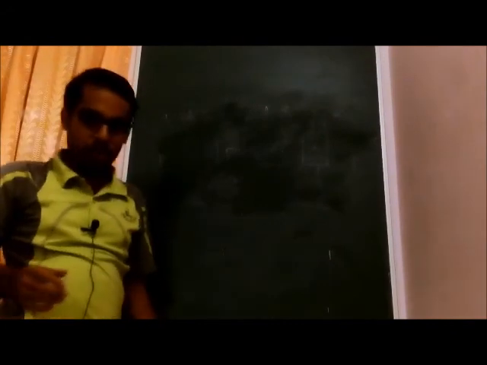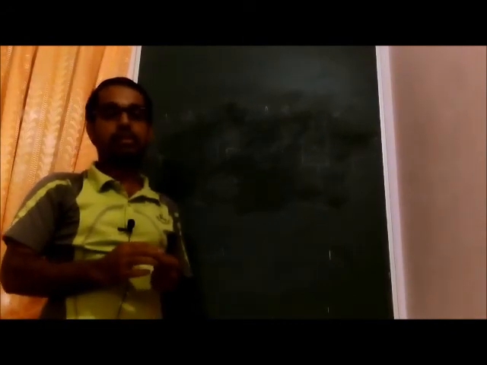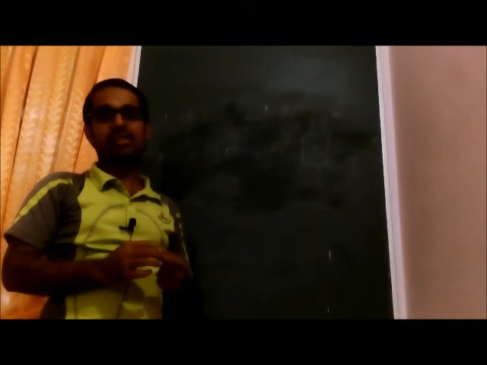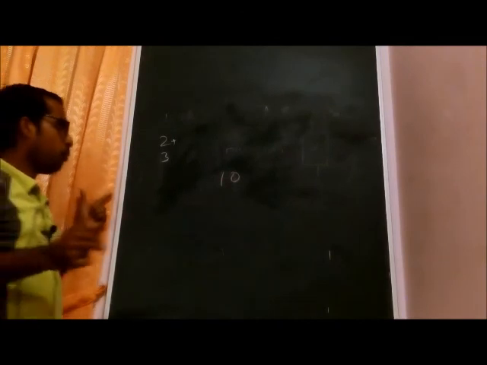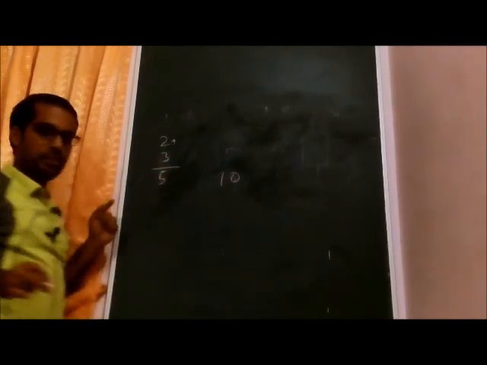In your digital electronics paper, you are supposed to learn about these summations for binary adders. Since it is not a part of your syllabus, I will just show you how. I think you know about this one. Suppose you are adding 2 plus 3. 2 plus 3 is 5 in real numbers. This is 5.